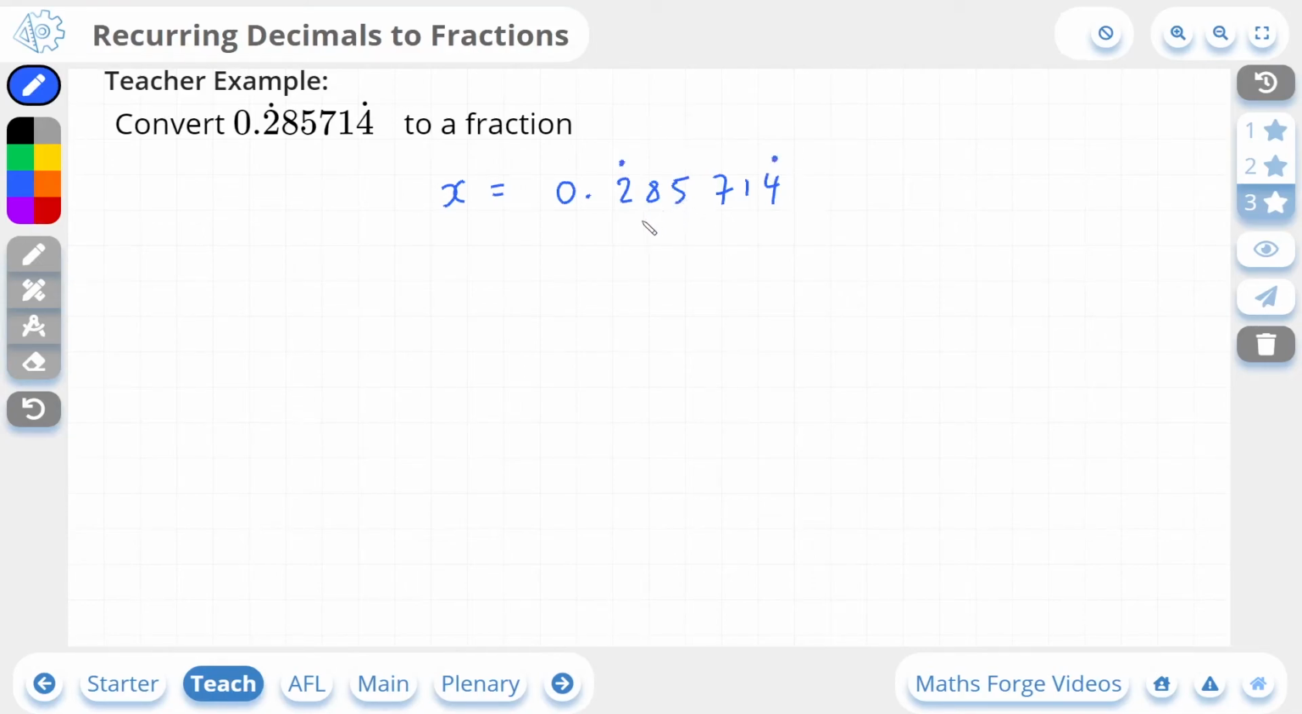I'm now going to ask myself, what can I multiply by this number to get all of the recurring values to the left of the decimal point? And in this case, it's going to be times 1 million. Because of course we have 1, 2, 3, 4, 5, 6 digits after the decimal point that's recurring. So we're going to need a 1 with 6 zeros. And I have to do the same to the other side, times by 1 million. Now this gives us a million x, which is equal to